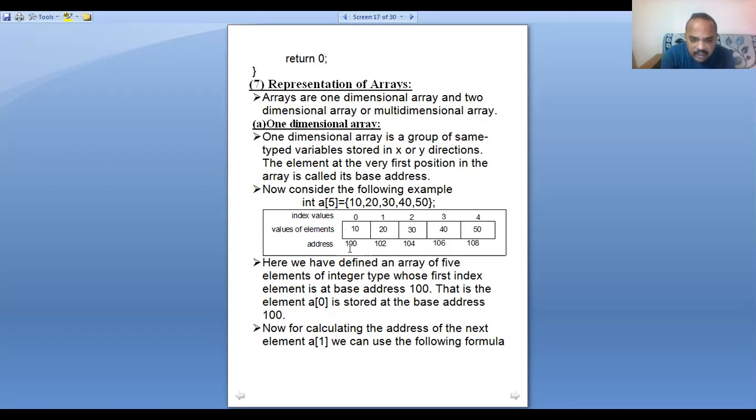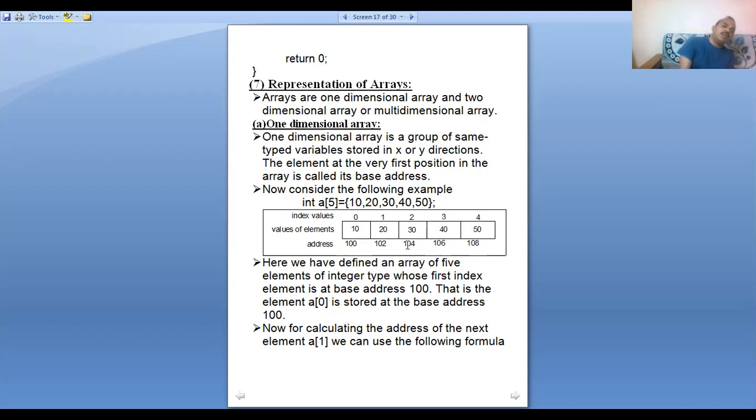The first byte address equal to 100 and the second byte address equal to 101. Next memory block occupies 2 bytes, 102 and 103. This is also the same. Clear? Then these are all the addresses and these are all the indexes here.